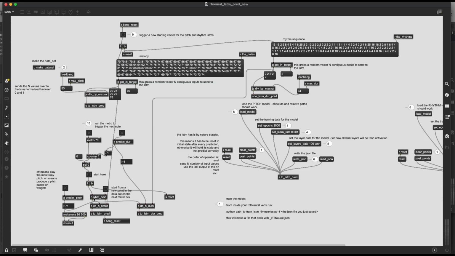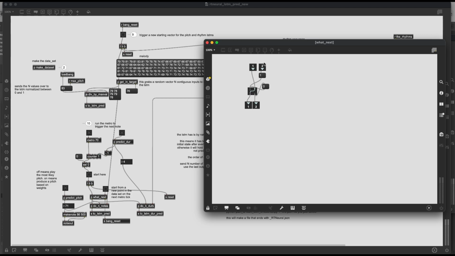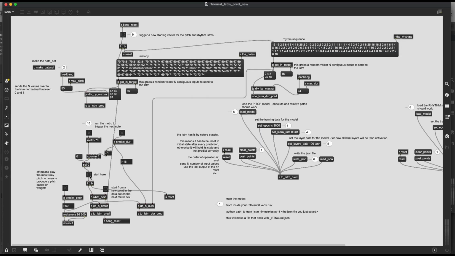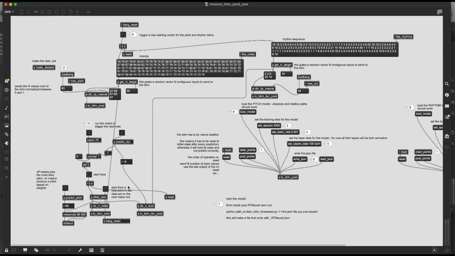Next thing goes to what next. This is a really simple little logic where if I press this while it's going, it will just set that toggle, and on the next bang from the circuit, it'll switch back. So by default, what's happening is the input bang is just going out to the predict to do n notes and do n durs. But if this is triggered, it will instead send a bang up to the top of the network and grab a new chunk of notes or a new chunk of rhythms to predict on. So it'll basically grab a set of 5 linear notes from here and send that through the network on the next